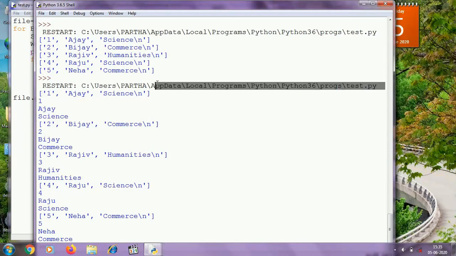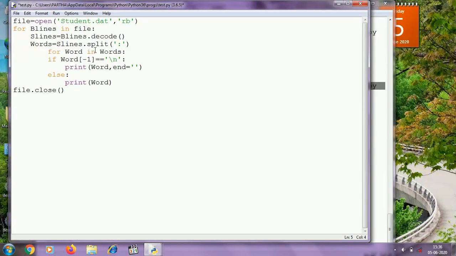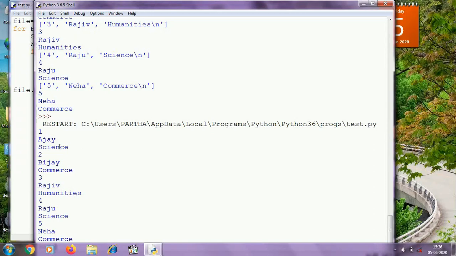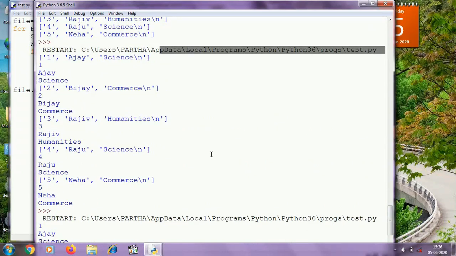Each time it is printing this, because here I was printing print words. If I delete this line, you can get the words from the binary file one by one. And one more thing, this \n is added during I was writing using the previous program.